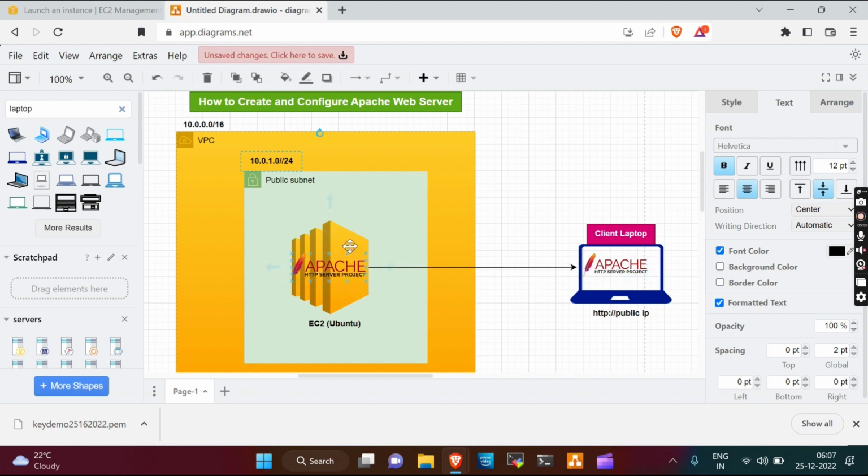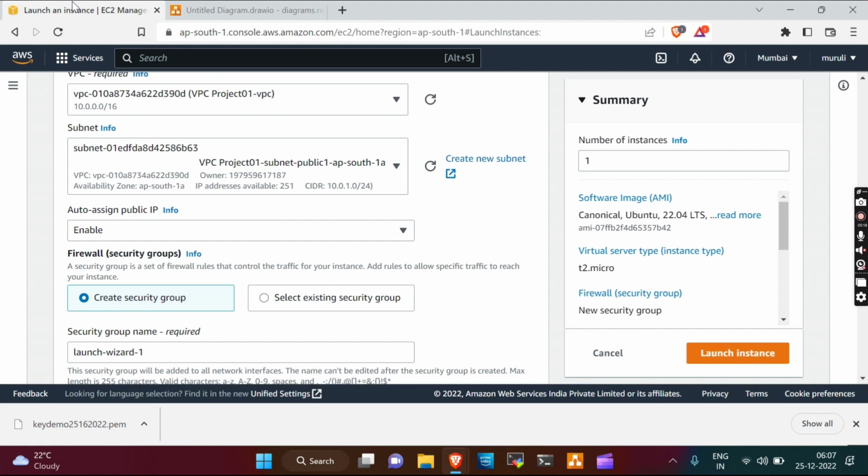Here our EC2 is placed in the Mumbai region. You can connect to this machine from anywhere, USA, India, anywhere, by